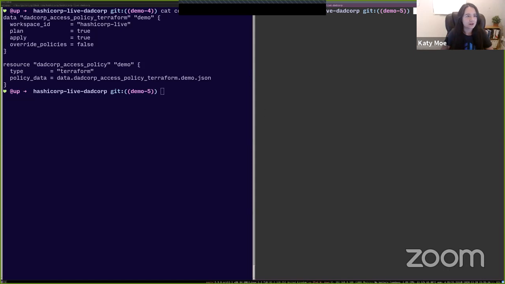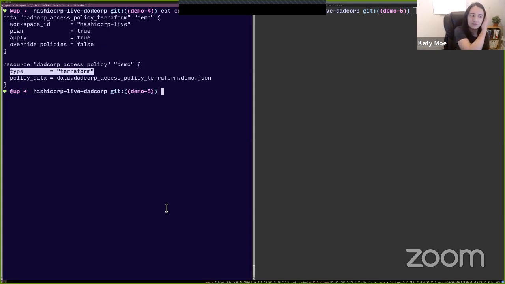So here we have the DADCorp access policy resource. And as I mentioned before, this is a way of setting an access policy on many of your products. This type can be Terraform or Vault or Nomad or other things that DADCorp runs on the DADCorp cloud.